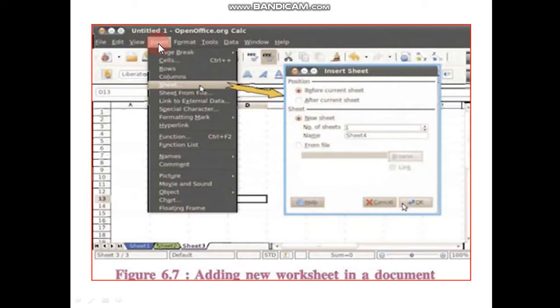First of all, in the Insert menu, go to Sheet and the Insert Sheets option is available. There is Before Current Sheet or After Current Sheet. If you want to add a sheet after Sheet 2, choose After Current Sheet, or if you want to add a sheet before Sheet 2, choose Before Current Sheet and click OK here.